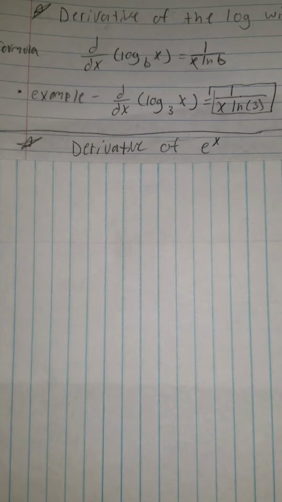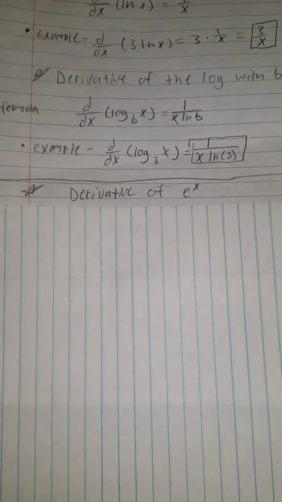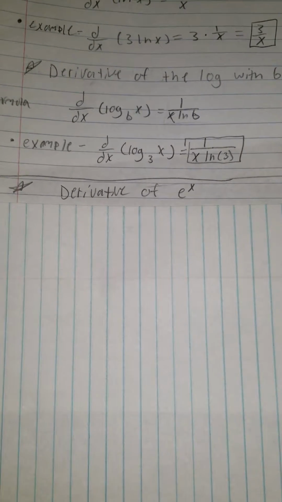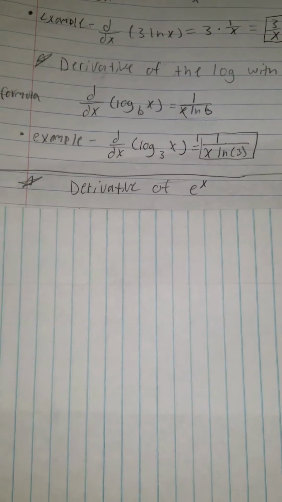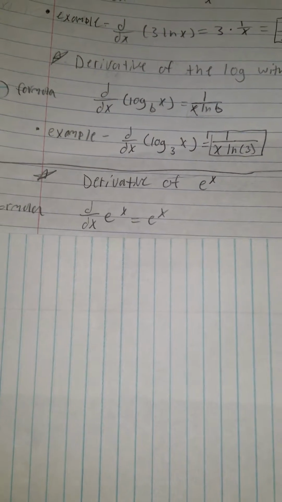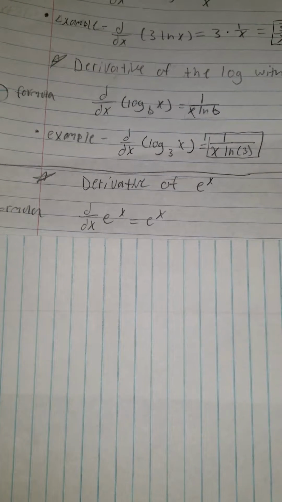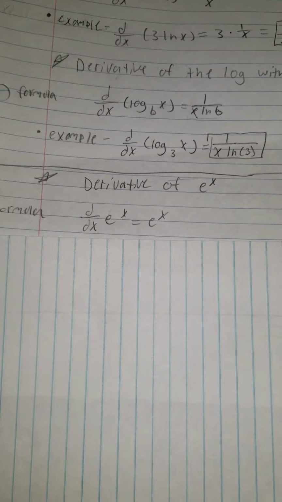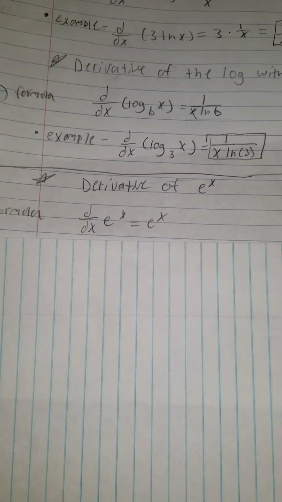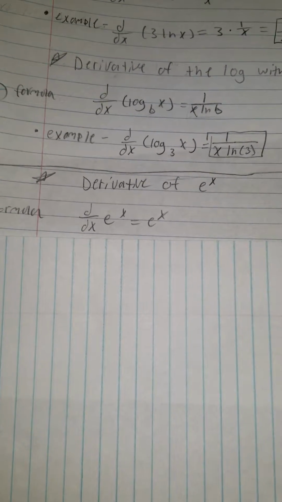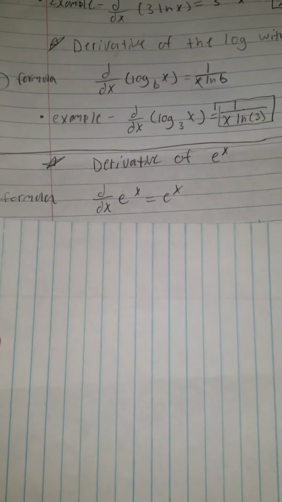For our third function, we'll be finding the derivative of exponential functions. The third function is the derivative of e to the x. So to find this, our formula is d over dx e to the x is just equal to e to the x. So if we were given an example,